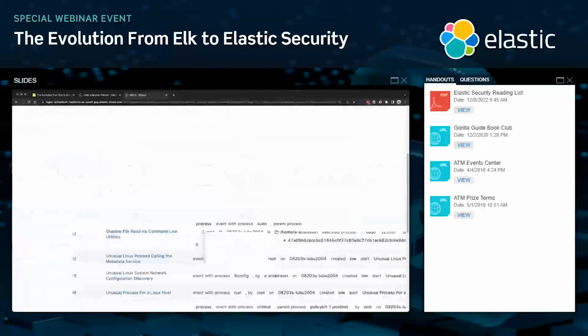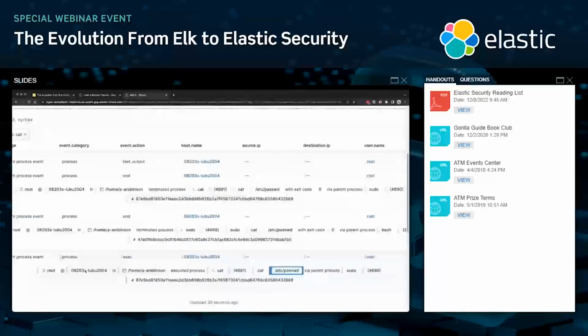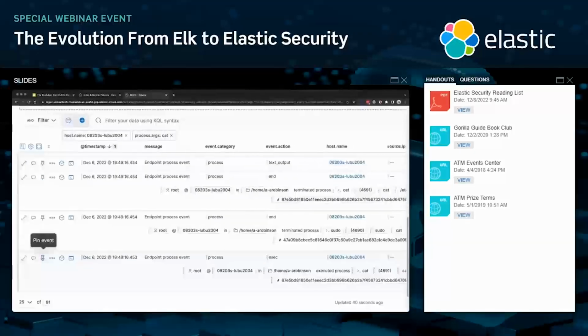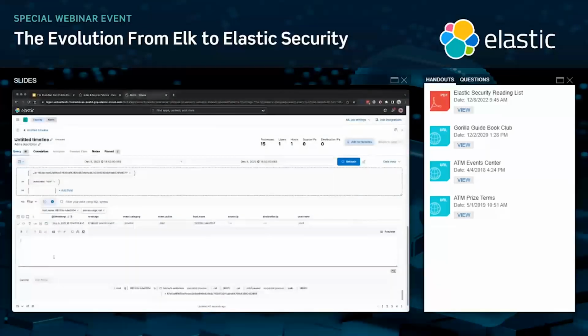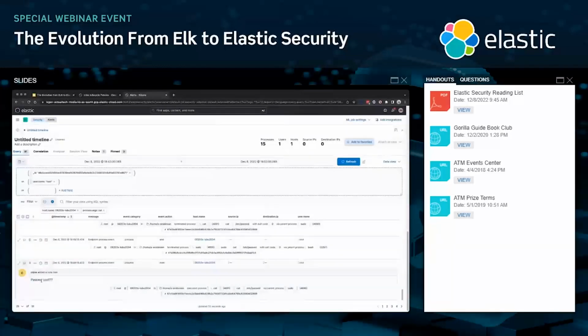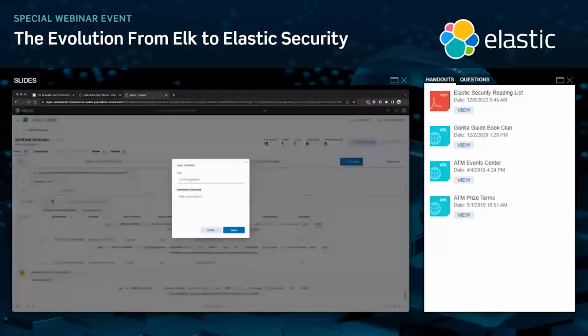And, I'll cheat a little bit, but if I scroll to the bottom, I might see some other catting that went on here where I'm seeing a password file was catted, right? And I might want to also thumbtack that. I can create a comment. Again, analyst work product, right? And I can add notes, but maybe it's links to OS queries, maybe it's links to other timelines that are hyperlinks, maybe it's screenshots, whatever it is. But I'm building out my work product here as part of this investigation as to why that original shadow alert fired.